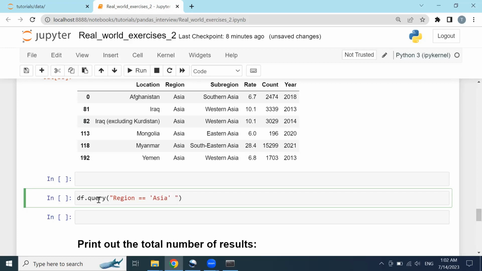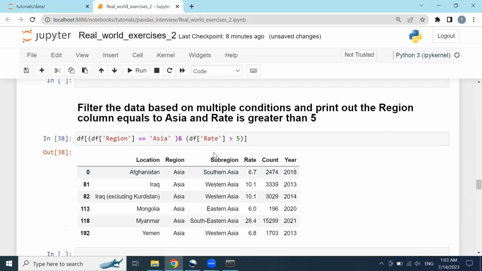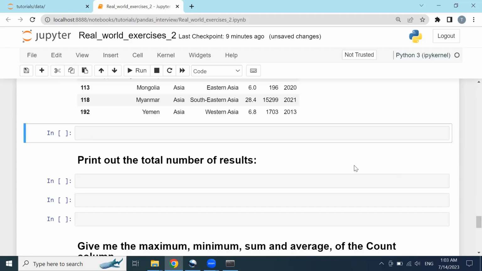and count is greater than what? 5. Click shift enter. The result is not count, the rate should be greater than 5, rate, and you could see the result is